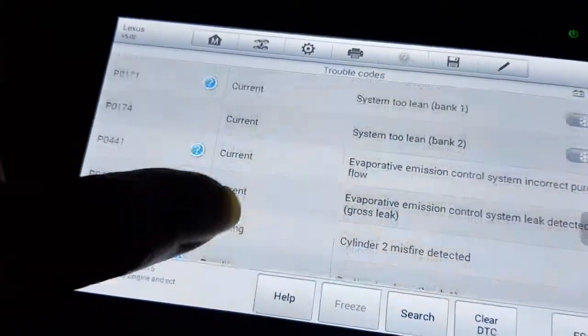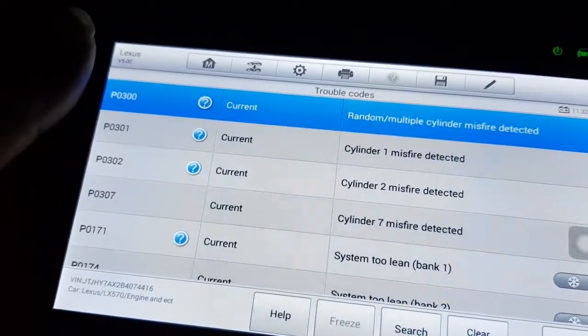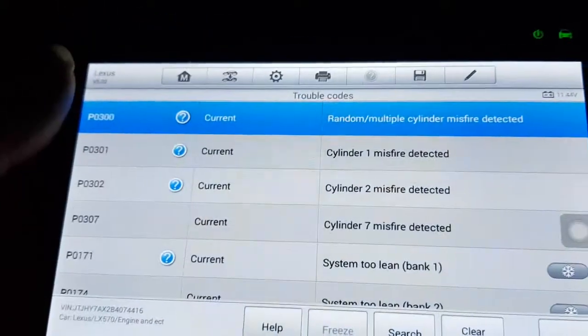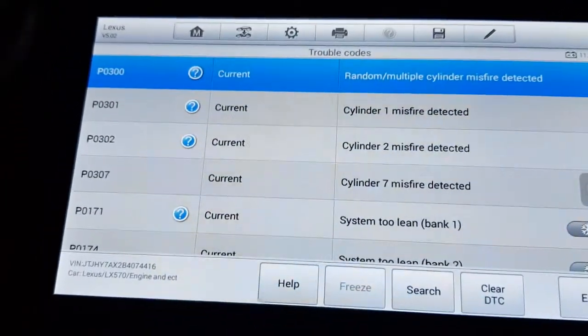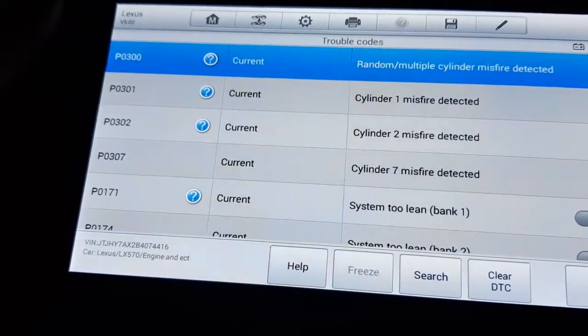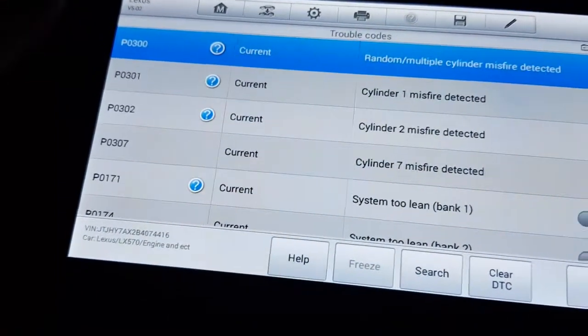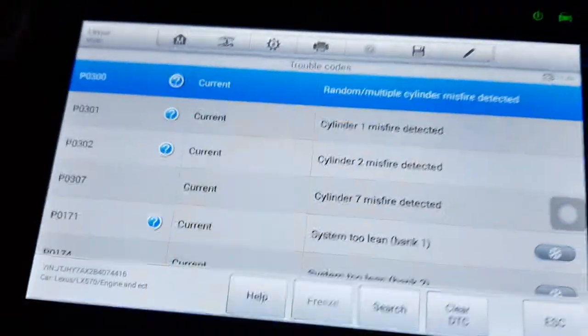I will make one video where I explain generally about the misfire and what's going on, because it's a generic code. It can be anything that has to do with the air and the fuel for the combustion of the fuel inside the cylinder.